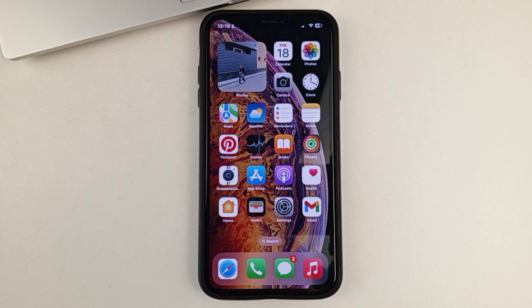And in this video, I will show you and tell you how you can easily disable flash notifications on your